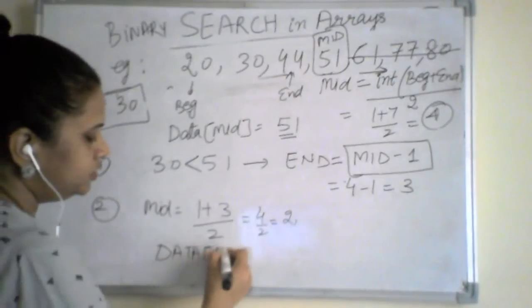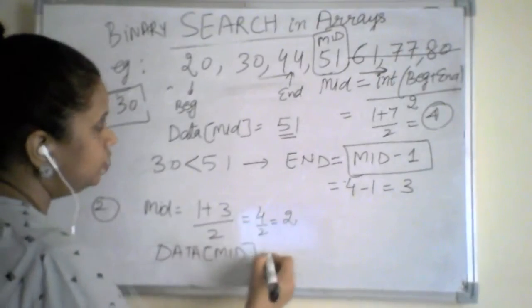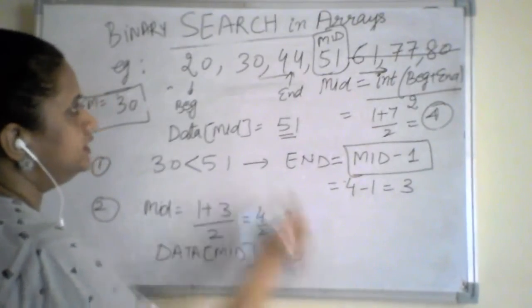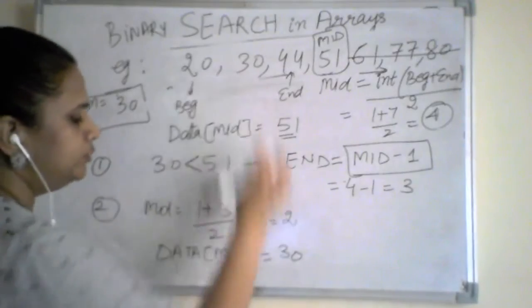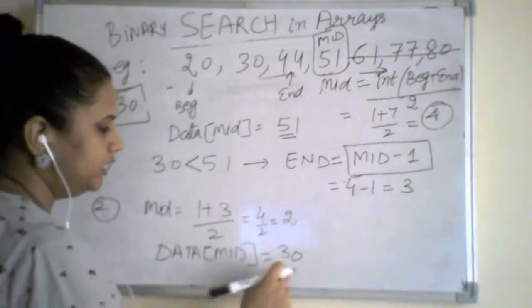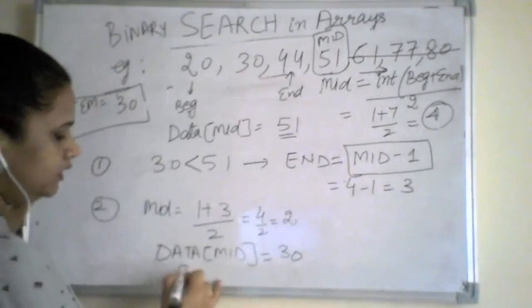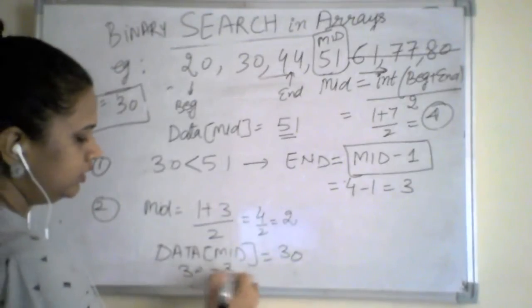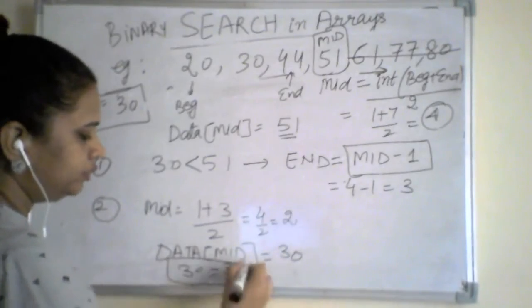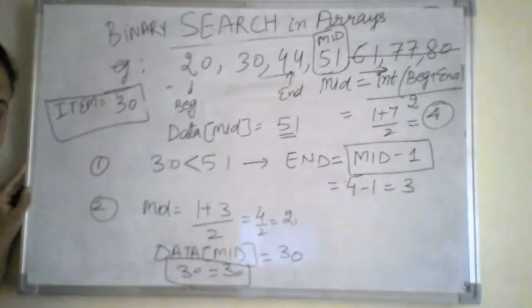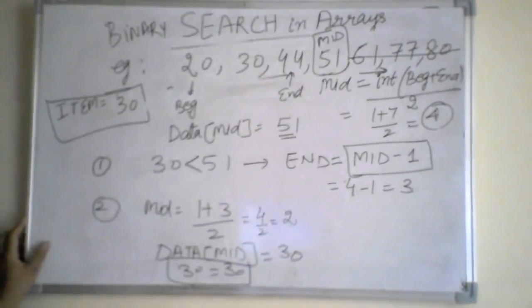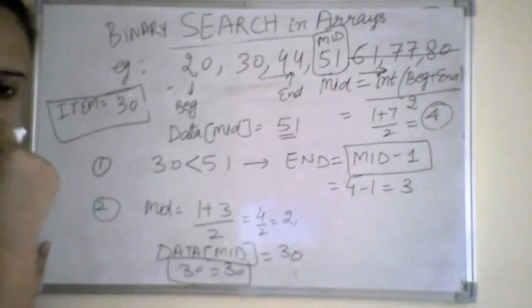Data mid is equivalent to 30. This is my first value, this is my second value. My data mid is 30. Now this 30 is equivalent to 30, the data element we were trying to find in the given scenario. Okay, so in this case, you can see